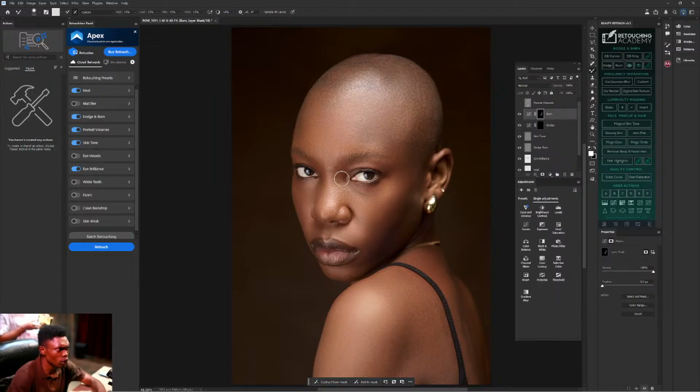My brush, I need to go back to brush. We will go burn. We will burn all the dark parts of the image. All the dark parts of the image, if you observe it now, you will burn all the dark parts of the image as the shadow is there.